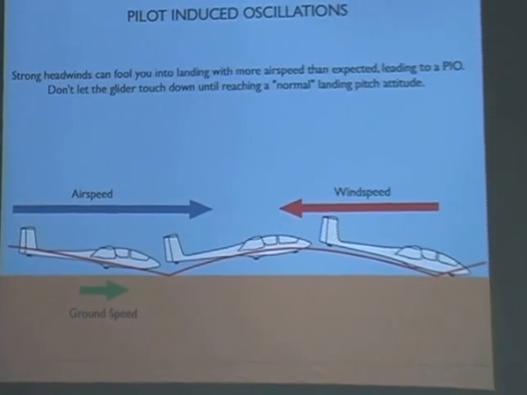Don't worry about how slowly the ground is going by, or even if it's going forward. Get it close to the ground, hold it off, and keep holding it off until the tail wheel hits. Then you'll be on the ground safely, and you're not going to get back